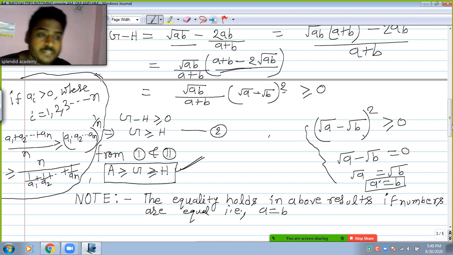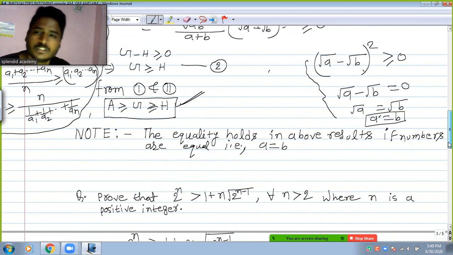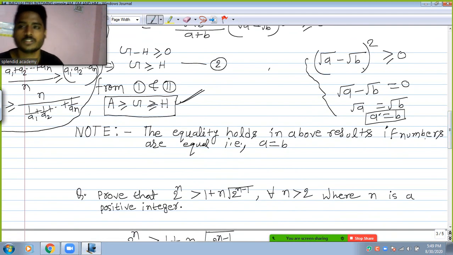Now what is the application of this? By using the AM-GM inequality, I can solve questions based on finding the greatest or minimum value, or finding the range of some particular type of function, right? And I can put the equality sign in the question if the numbers are equal. So while finding the range of the function, the equality sign will be there, and we have to check it by verifying whether the numbers are equal or not, right? So this is the catch.